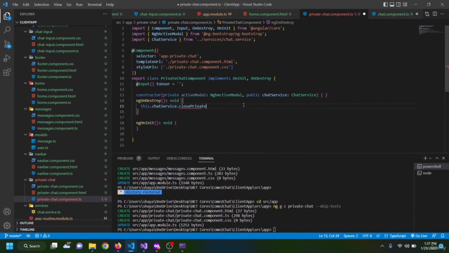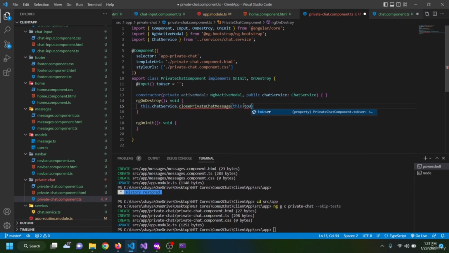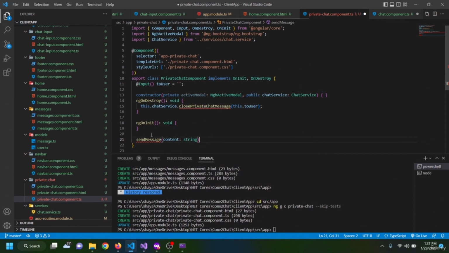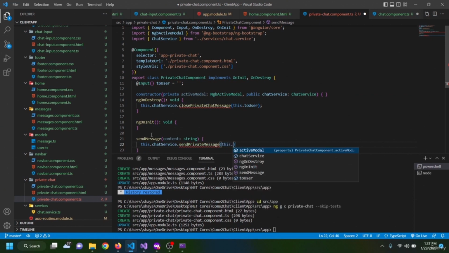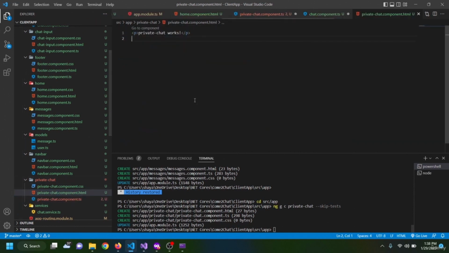we are going to have this.chatService.closePrivateChatMessage, and we pass this.toUser. And in here we are going to have a sendMessage, and we receive content of type string. Then we have this.chatService.sendPrivateMessage, and we send this.toUser and the content. Then inside my private-chat.component.html I remove this, and I have